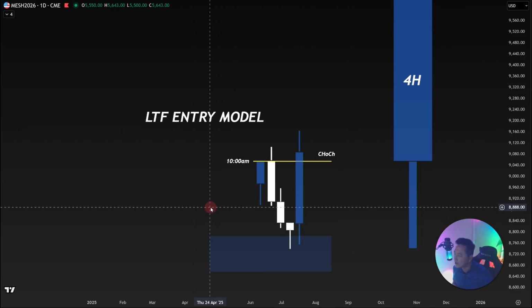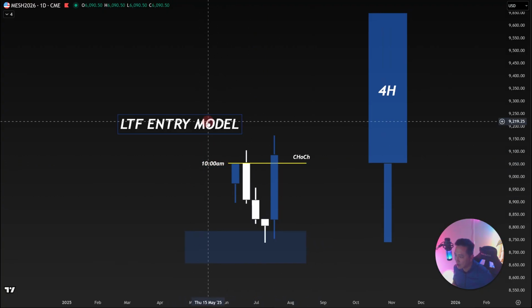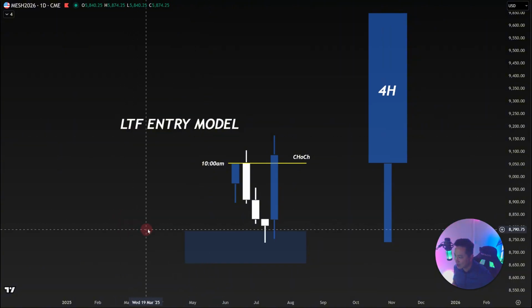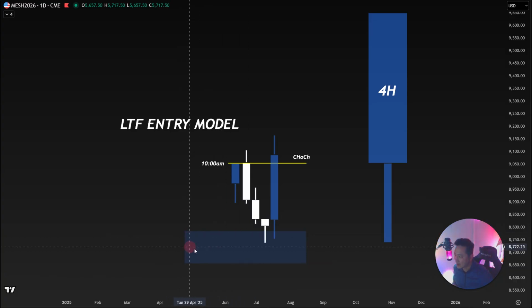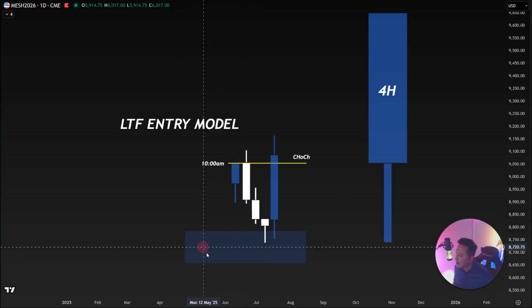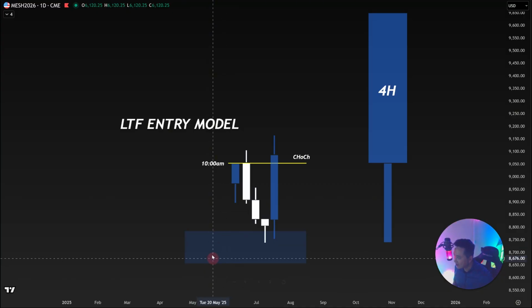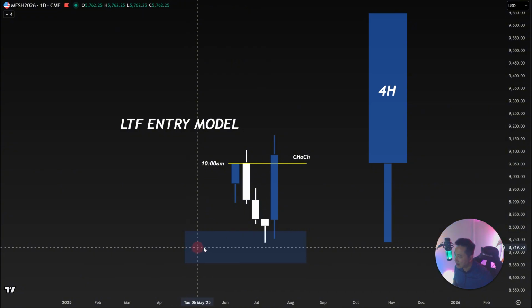So when we go down to the M1 chart, what we're looking to do is, this is the 10 o'clock open. So when the 6 o'clock candle closes, and we sweep out that 2 o'clock candle low, ideally that's going to be into some kind of point of interest right here. And if you remember back in our 5-step checklist, the first step is what? Our higher time frame point of interest. So that manipulation lower into the higher time frame point of interest is going to be like an order block